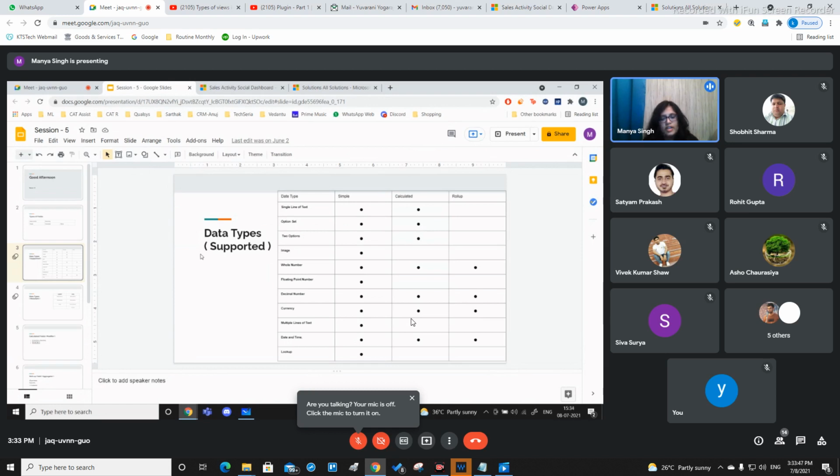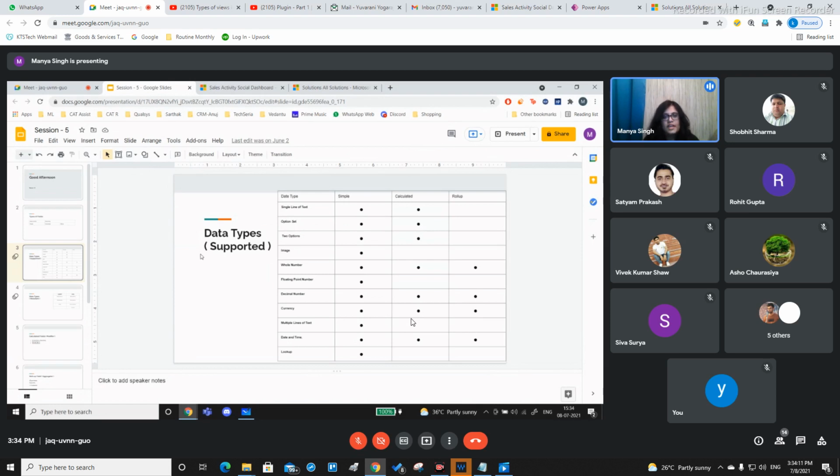Now I have two options here. If there are no calculated fields, I would add a simple field. One is asking salary in dollars, the other is asking salary in rupees. I add the salary in dollars, say 100, and then manually, using a calculator or making calculations in my head, I add the data as a simple field.